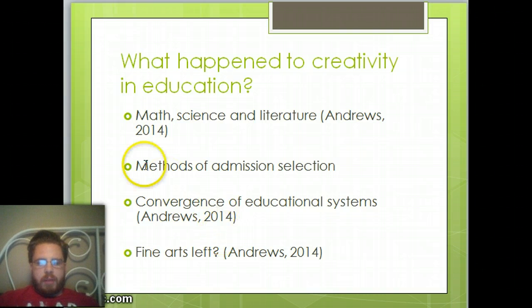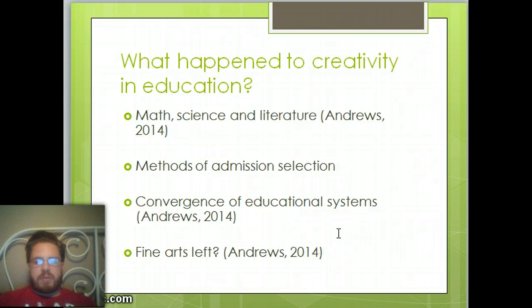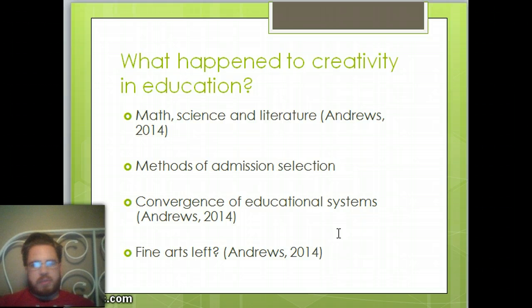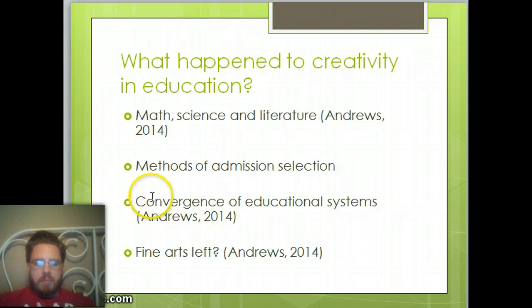A second point that I brought up here is that the methods of admission selection have changed, and this really, I think, affects creativity in a big way. When we have extremely high GPA cutoffs for health professions programs, it makes me wonder, and I think rightfully so, what this does to a creative, divergent thinking person who maybe thinks outside of the box. So the second thing that I wanted to address is that methods of admission selection can negatively impact creativity and put us in a place where creativity isn't at the forefront of skills or abilities in a program.